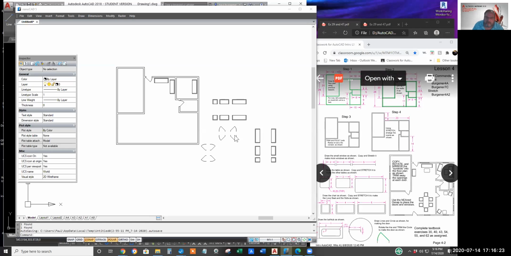I made chairs, copied them and stretched them and made a door and mirrored them, and got underway with NanoCAD to put in all the furniture, the doors, the windows.